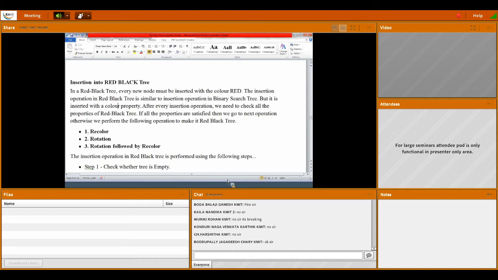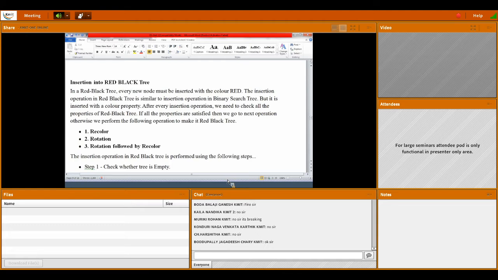So one is the recoloring. How to recolor, we will see. There are some operations there. And rotation, that means you have to rotate. I think you have seen the rotation operation; that also we will see with examples. Rotation followed by recoloring: if it gets its red black properties just by recoloring, it's okay.